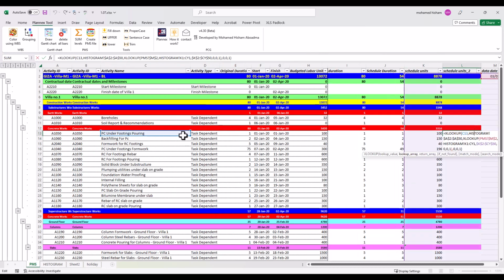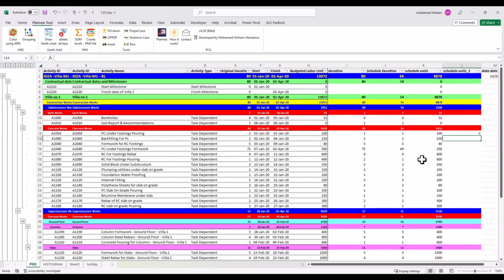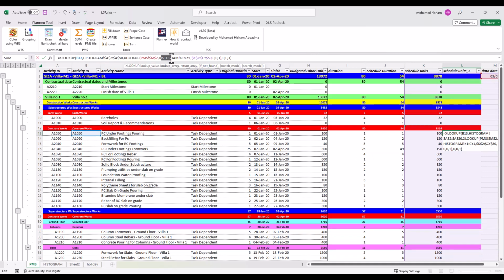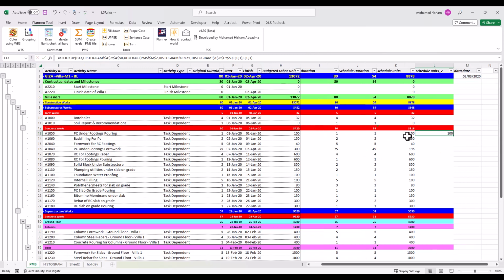Okay, why? Sorry, by mistake. This one. Oh, sorry. Here I have to add also histogram before this K. We get 100. Let's drag this one, but this is very critical. Same as what we did here. If we drag,